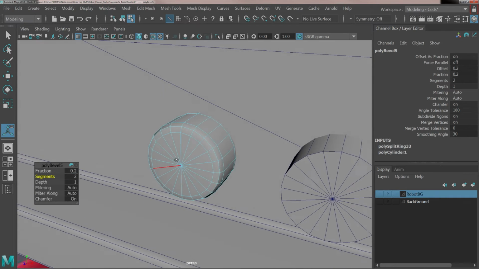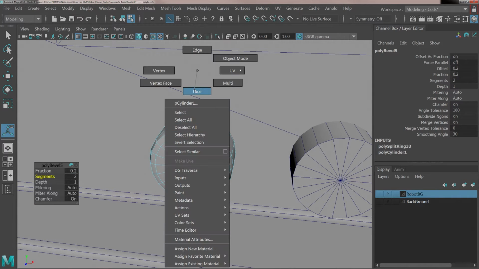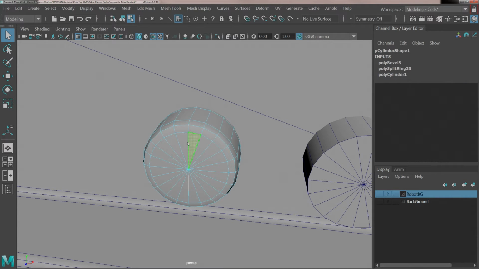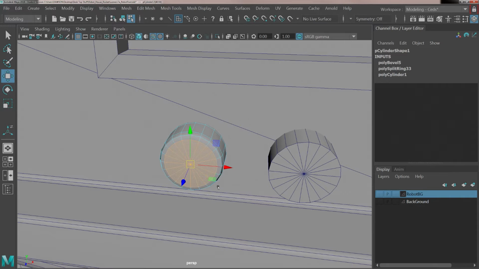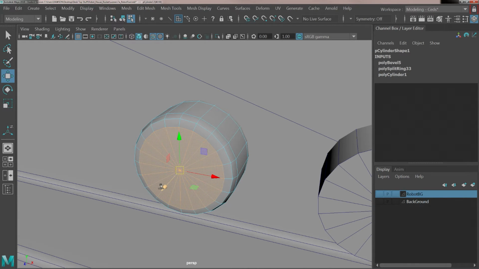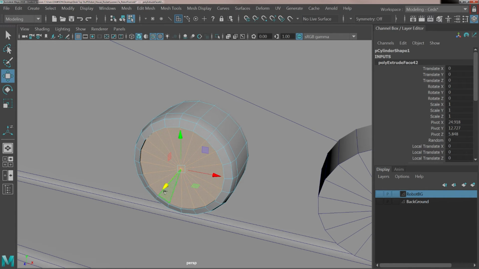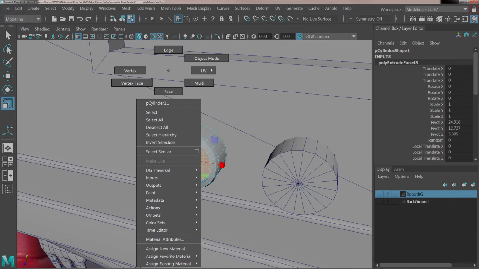Okay, and now we will right mouse click and hold, go to face, click on that face, hold shift, and select all of these triangles all the way around. So we're going to create a nice looking knob. So we'll hold shift, left mouse click and drag it once, hold shift, left mouse click and drag it 2 times, hold shift 3 times, and now we're going to press Control E, press R, and scale it down 1 more time. Okay, so now we can right mouse click and hold, go to object mode,